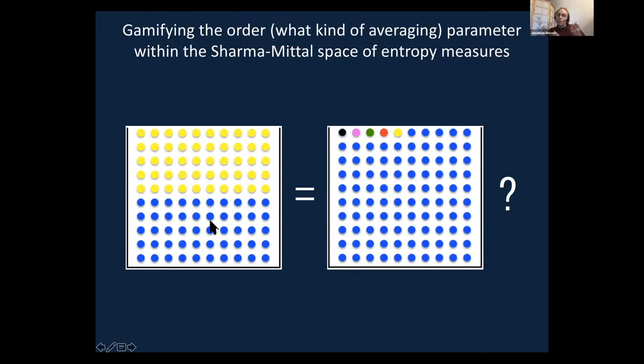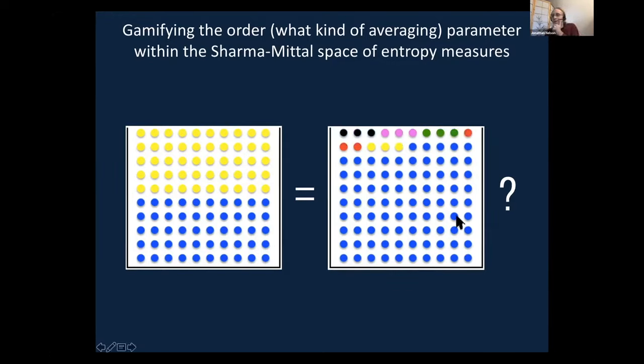More specifically, we could ask things like, if you consider two fruit bowls, now they're marble bowls here. At the left, it's half yellow and half blue. On the right, it's 95 blue and one each of black, pink, green, red, and yellow. Are they equivalently hard for purposes of playing the game, or is one of them easier? Would you do better with it for playing the game? And let's suppose you told me that the 95, 1, 1, 1, 1, 1 distribution would be easier for playing the game.